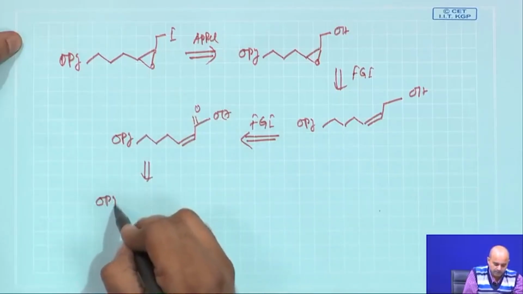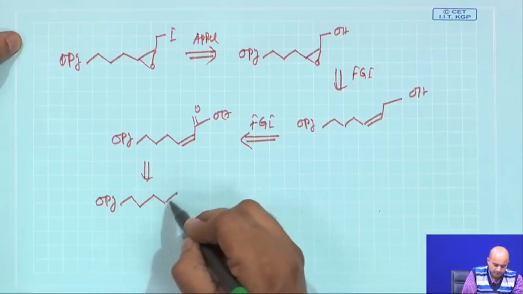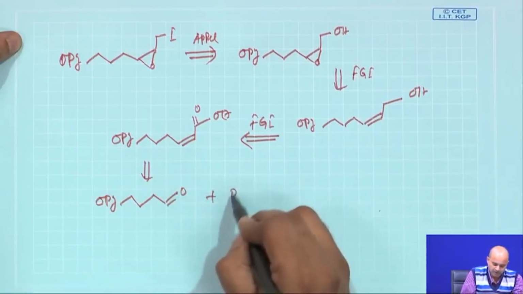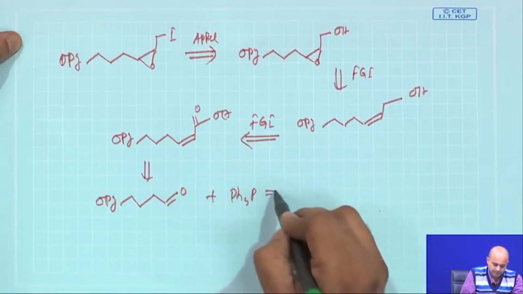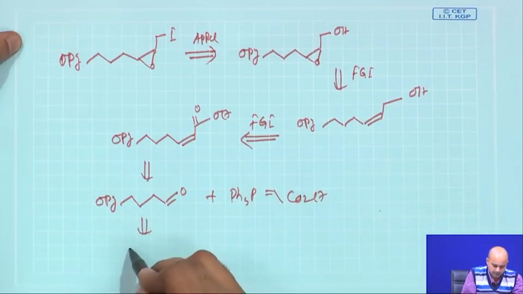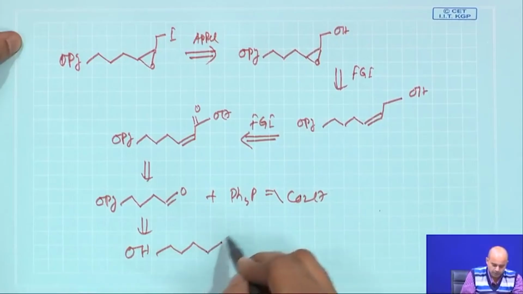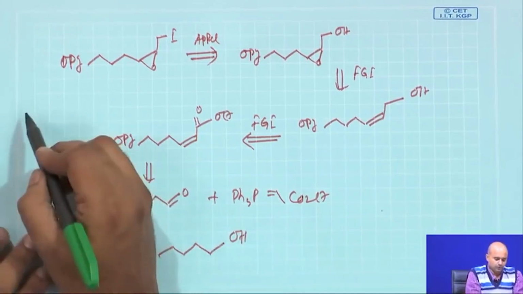If you now have this OPG 1, 2, 3 with a Wittig reaction. Now, in principle, this can be easily made from the starting 1,4 butane diol 1, 2, 3, 4. Now, this is route 2